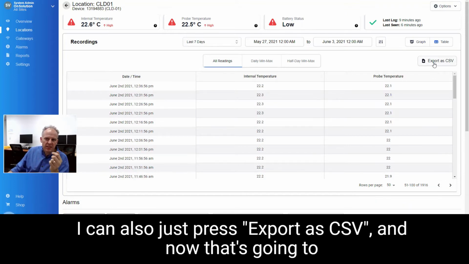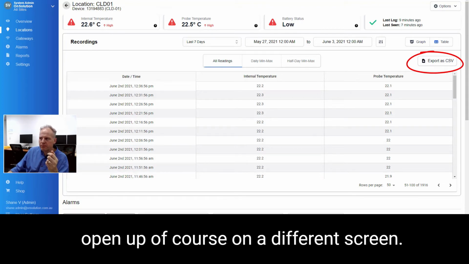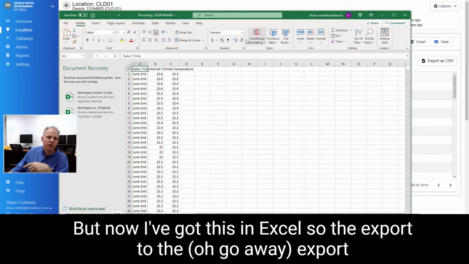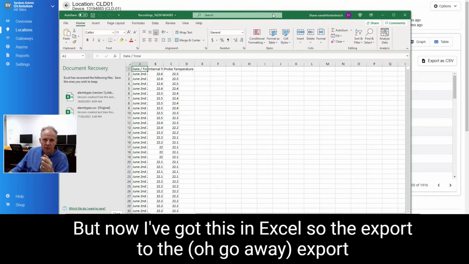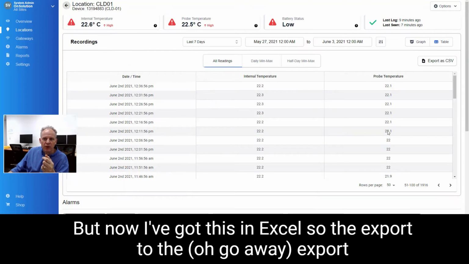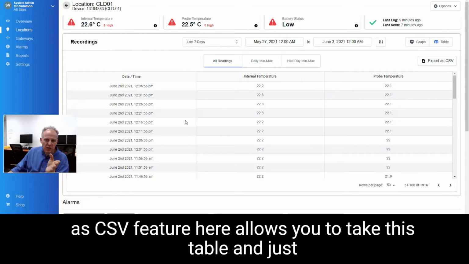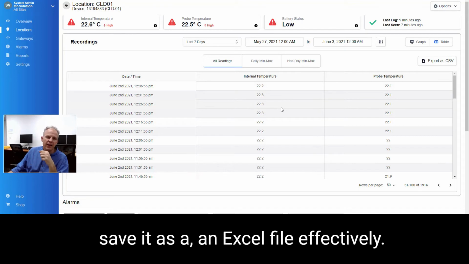I can also just press export as CSV, and now that's going to open up, of course, on a different screen, but now I've got this in Excel. So the export as CSV feature here allows you to take this table and just save it as an Excel file effectively. Okay,